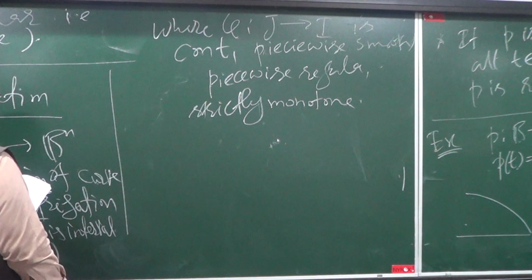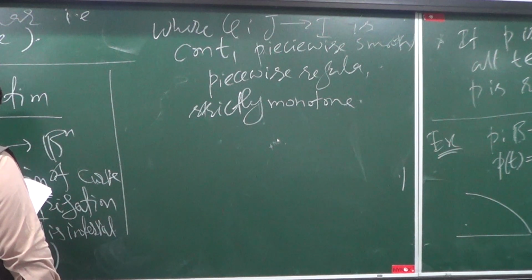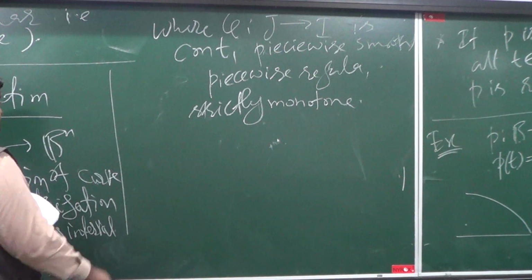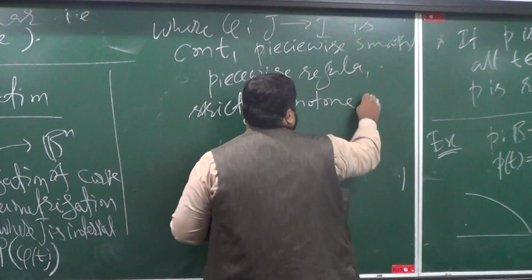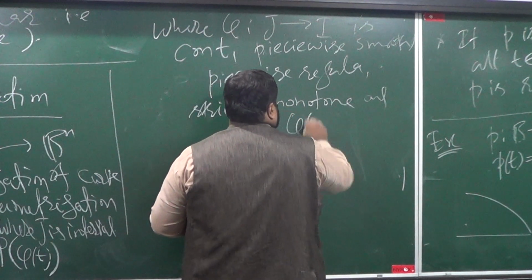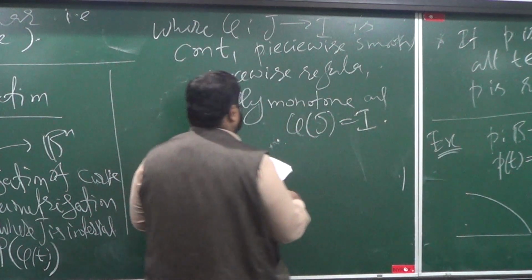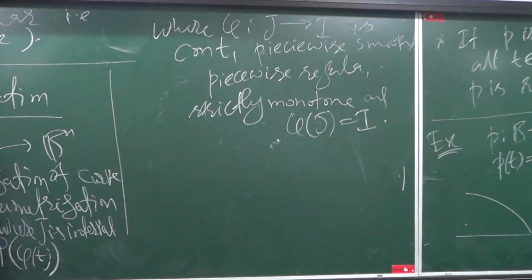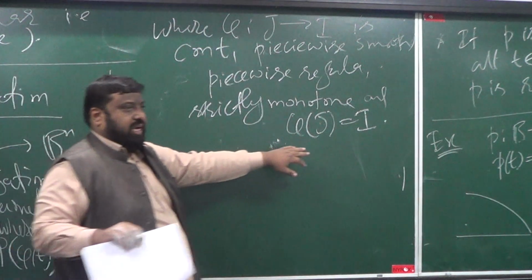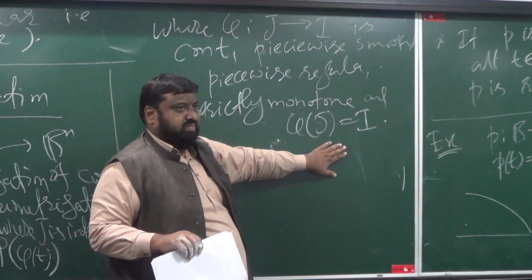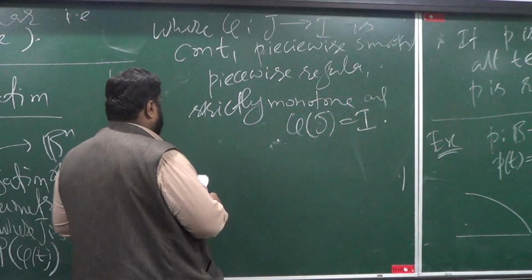Then phi of J must be the entire I. It should be an onto map. Must be an onto map. Okay. So if you have all these